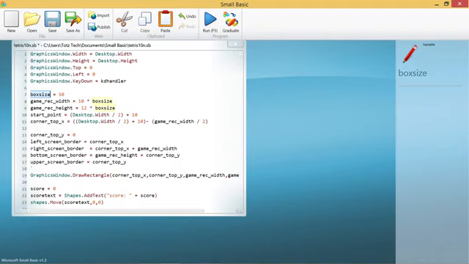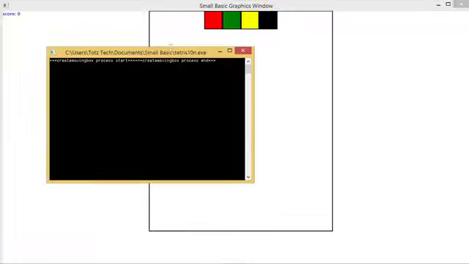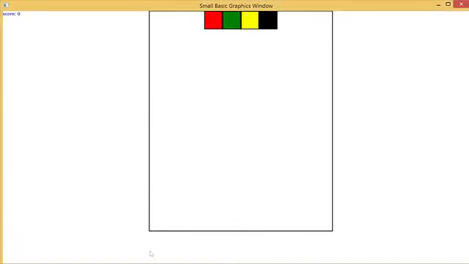And now this is the properties for some of the game attributes. So first is box size, the size of the box, and then the width of the game screen, and then the start point of the box here. So this black box is the game rack width, and this is the game rack height, and this is the start point.